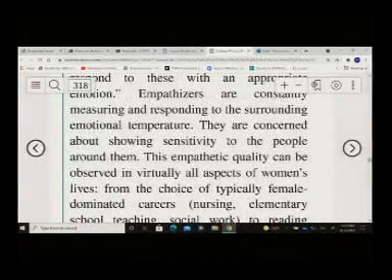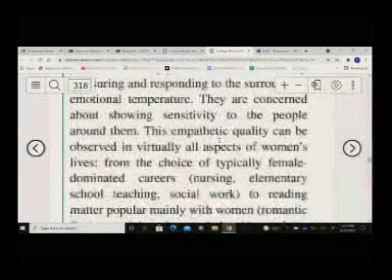They are concerned about showing sensitivity to the people around them. This empathetic quality can be observed in virtually all aspects of women's lives, from the choice of typically female-dominated careers, nursing, elementary school teaching, social work,